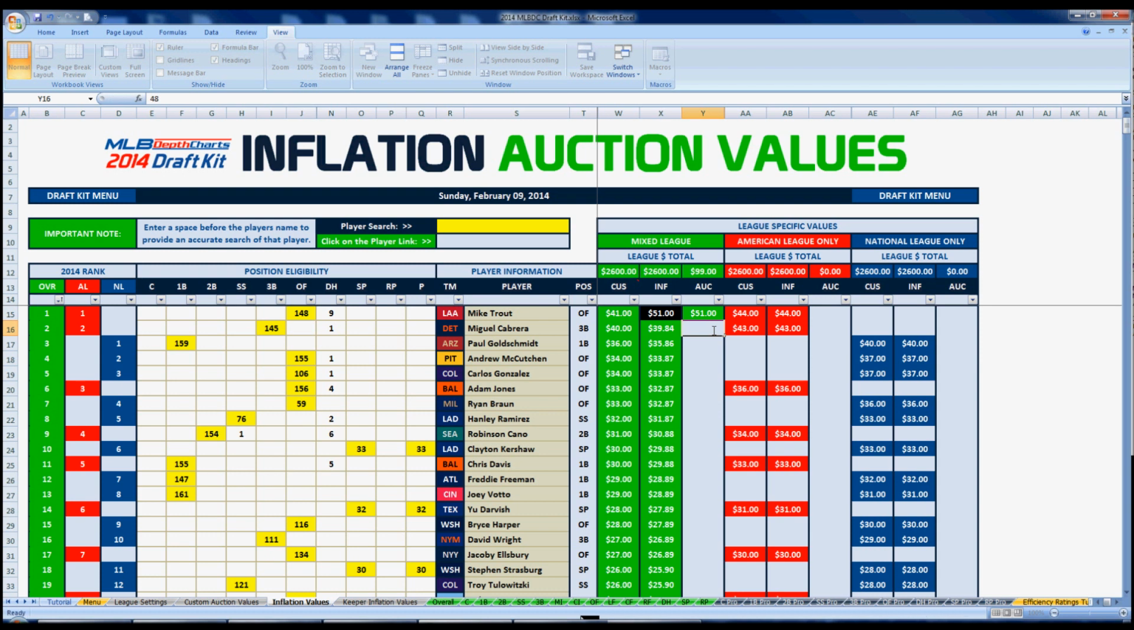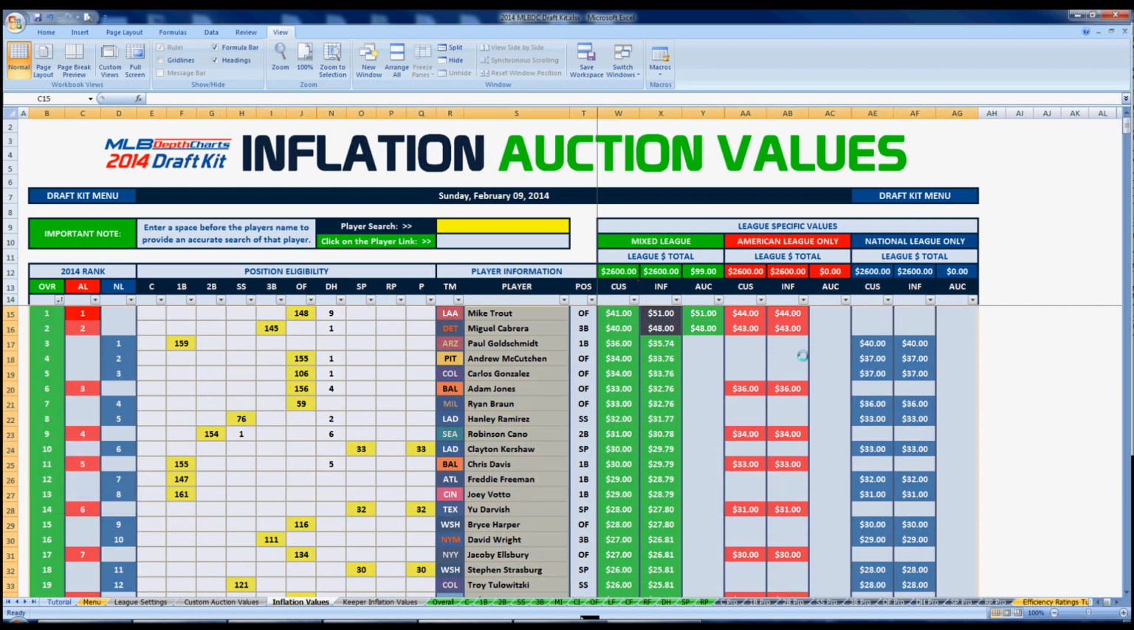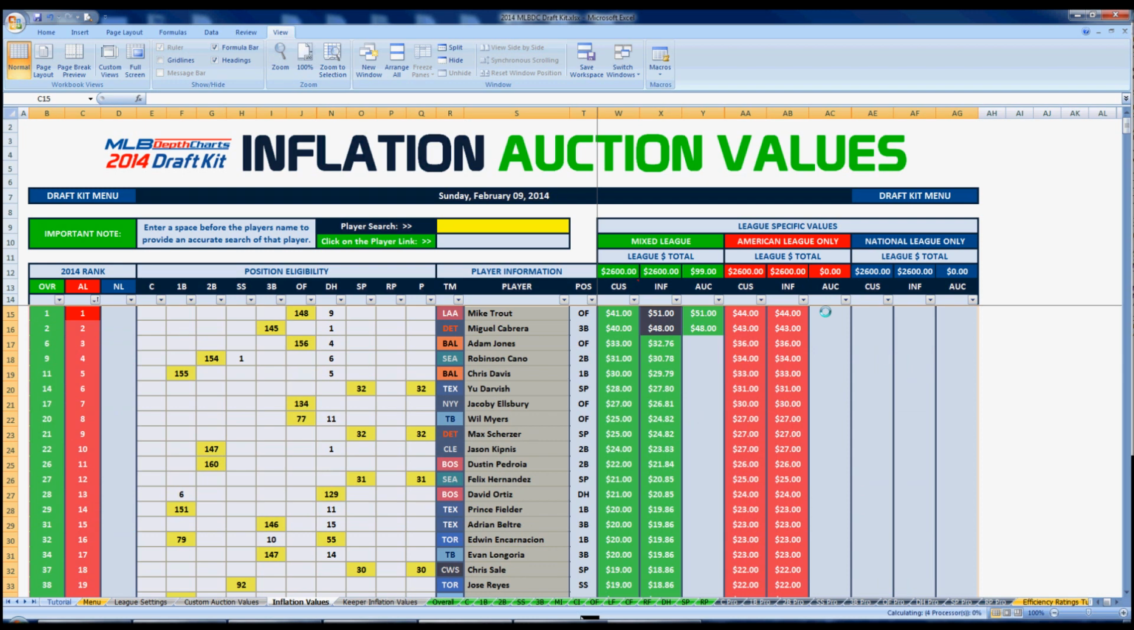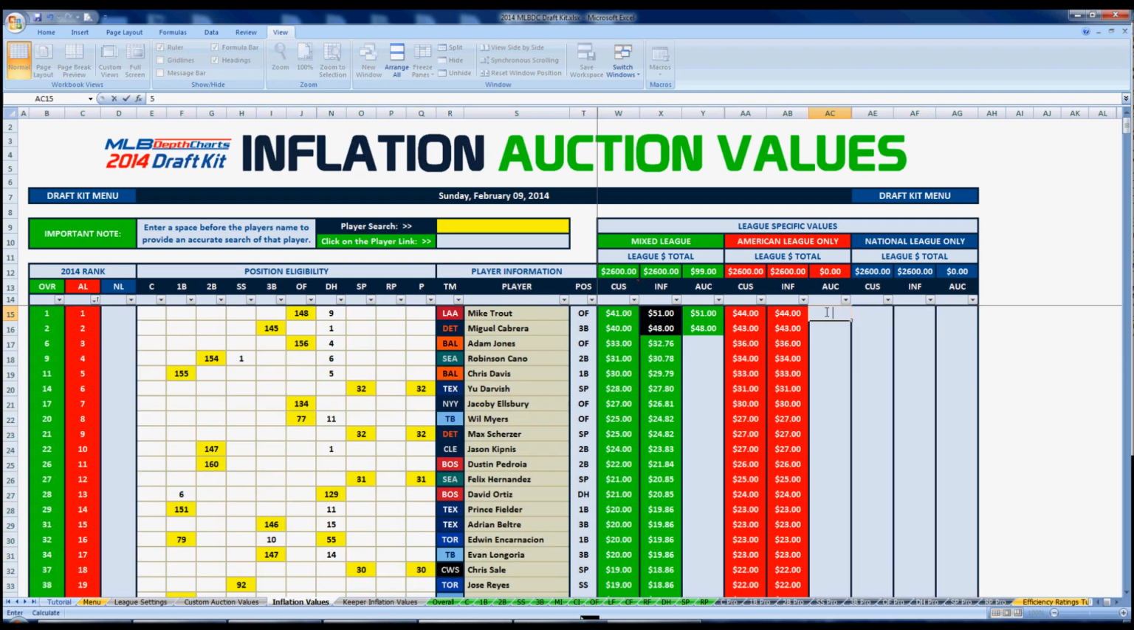Same thing if you did it for Miguel Cabrera. As you can see here, it's going to calculate how many dollars have been spent. If you play in an AL league, you can also sort it by that and do the same thing. $55 for Mike Trout, 51 for Miguel Cabrera, just a random number, but as you can see, it all adds